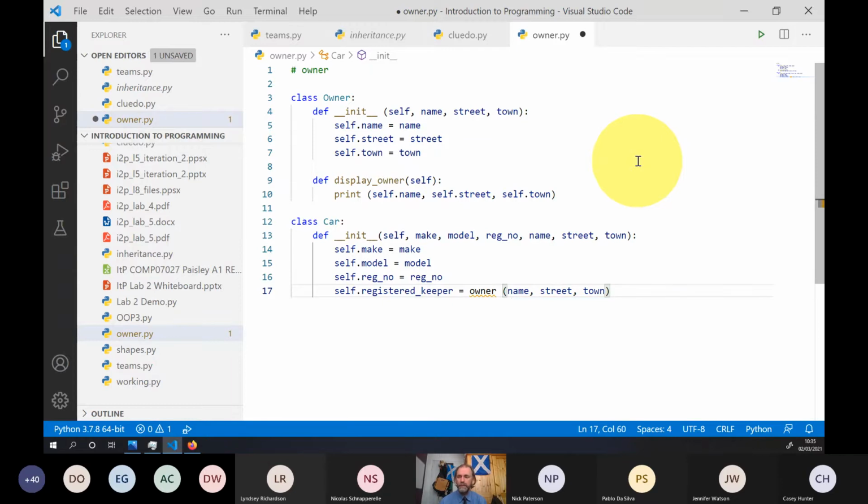So in this case, we're not just pointing to an already created instance of a class, which in the last example was the list that we kept for suspects.